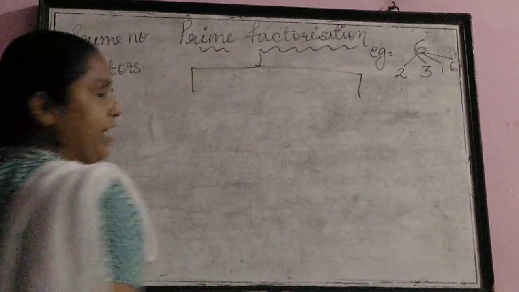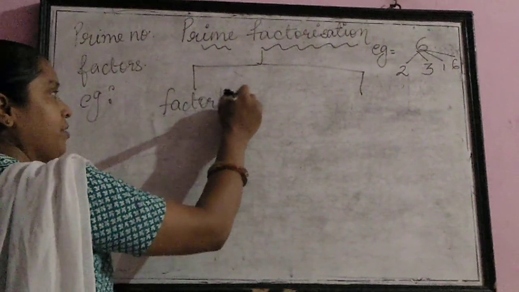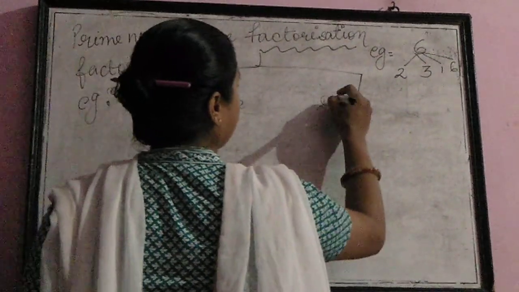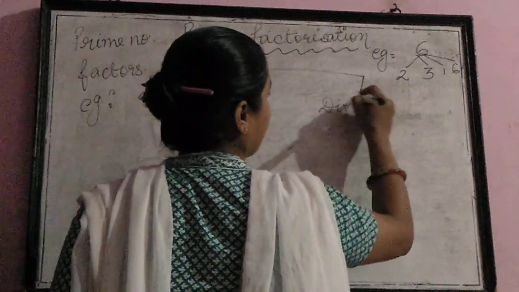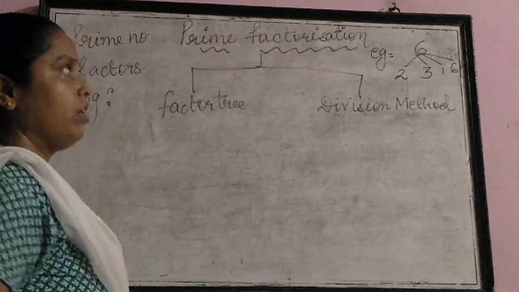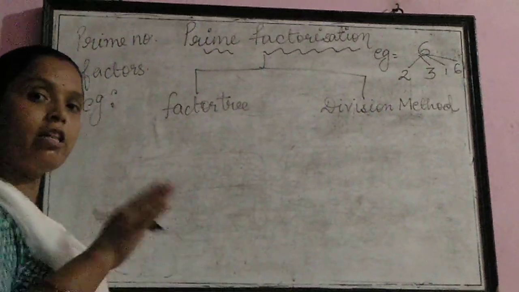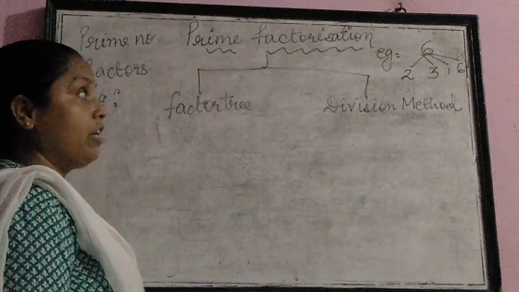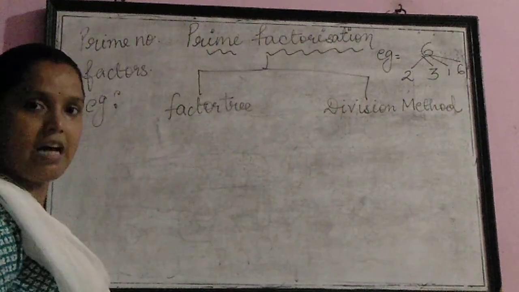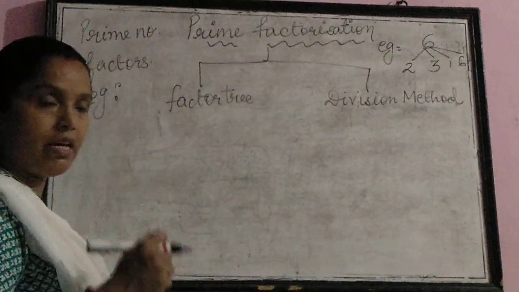There are two methods of finding the prime factors, children. First is the factor tree, and the second method is the division method. We have already done these two methods in class 5. Still, we will be revising them again. Children, in class 6, you are going to revise all the topics that we covered in class 5. If you remember, we did all these methods with lots of examples in class 5. So here you are just revising them with examples and with the questions of the exercise.